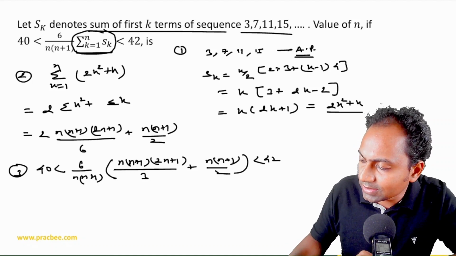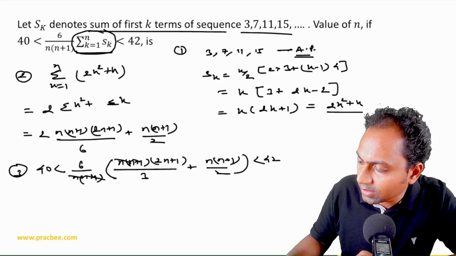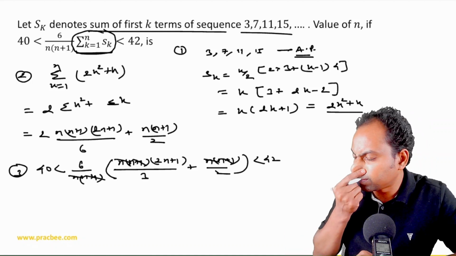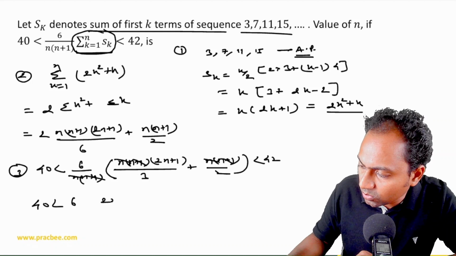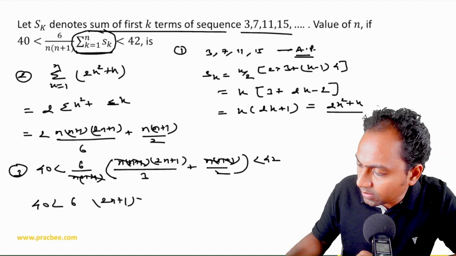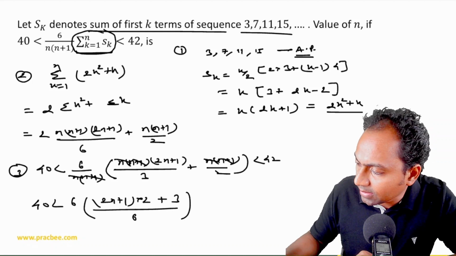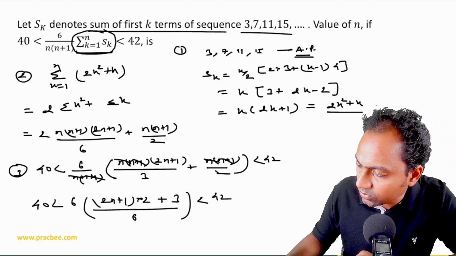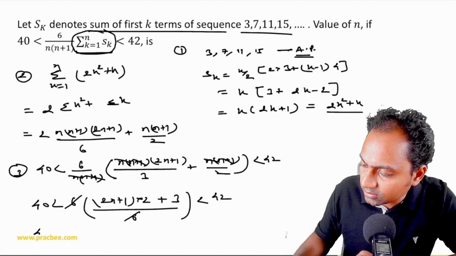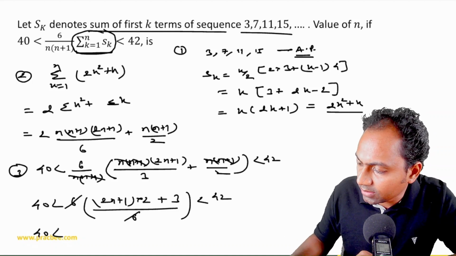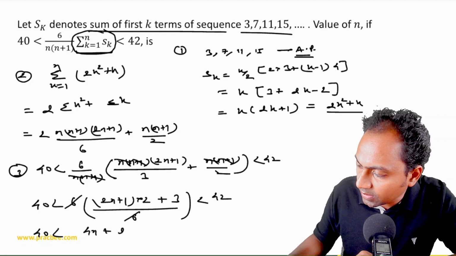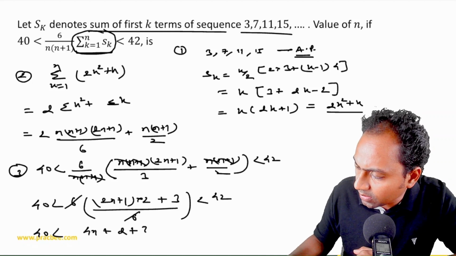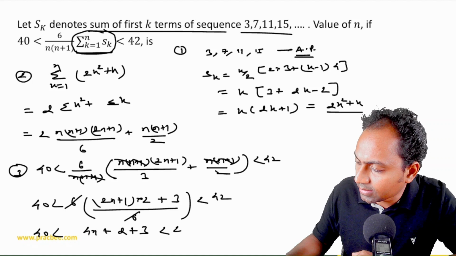Now what you can see is this n into n plus 1 by 2, we can cancel it out in all the terms. And if I take my LCM, what I am getting here is nothing but 2n plus 1 into 2 plus 3 by 6, and this is smaller than 42. So this 6 and 6 will get cancelled out. Our 40, so now here if I simplify, this is 4n plus 2 plus 3,